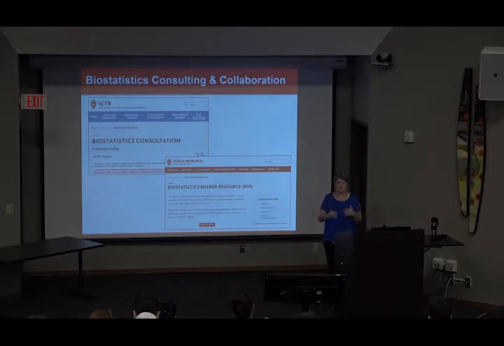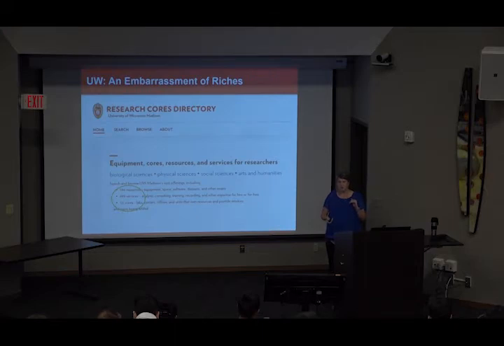It'll ask questions about which project it is, who the PI is, how it's funded, is it cancer related, do you already have a biostatistician in mind, and all sorts of things like that. And then it funnels into one person who does a triage and says, this is something we can do, this is something we need to have more discussion about, this is something that can be funded through ICTR or Carbone, and we'll assign a researcher and get somebody working with you. And usually that process does go pretty fast.